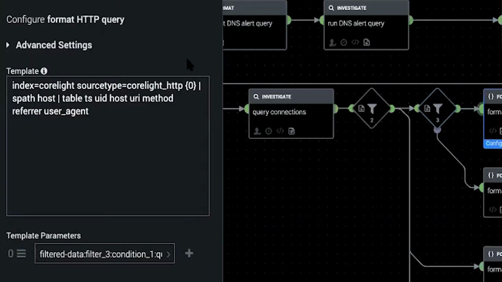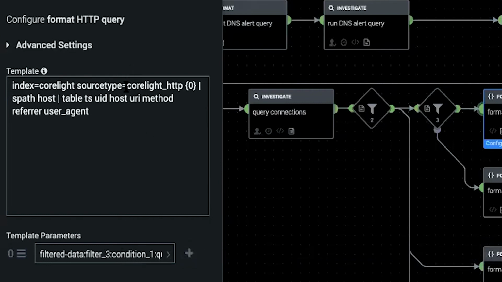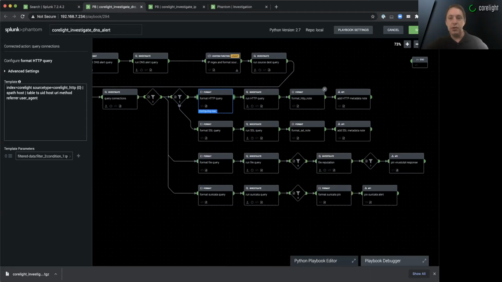And if it's HTTP, then we're going to go ahead and again grab that IP address from that previous condition, grab that UID, and go ahead and query the Corelight HTTP logs for the host name, the URI, the method there, the user agent string, the referrer that sent you to this page, and go ahead and put all of that information into a note within Phantom,